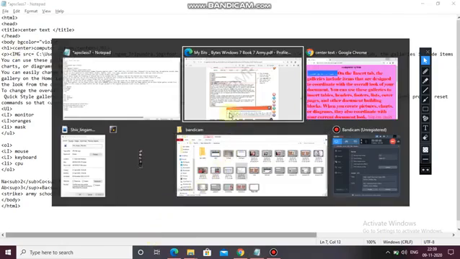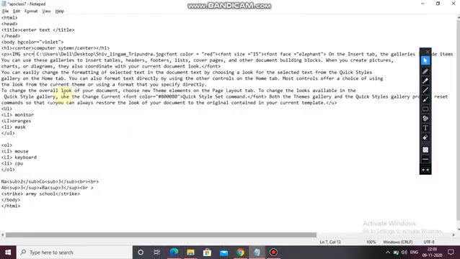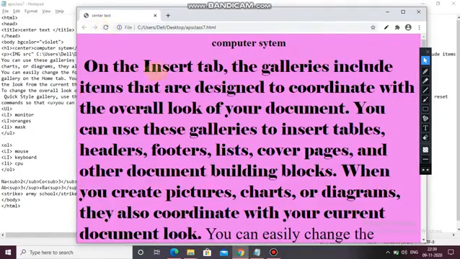Now is it okay? You can see it, image SRC. Now the name of the picture. Here you have to give the whole path because the picture is on the desktop. Clear? Now Control S, refresh.